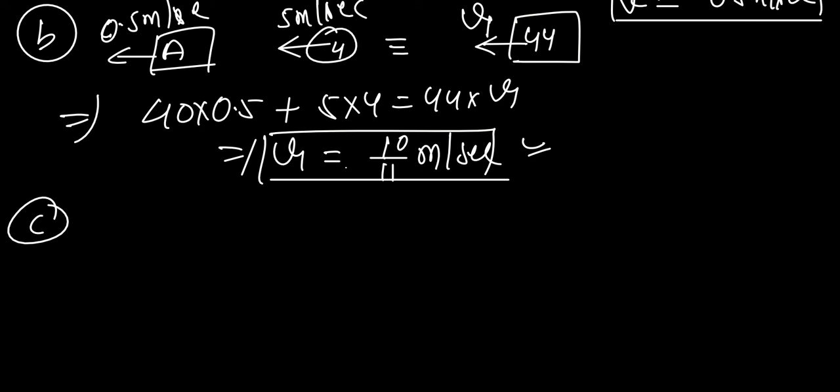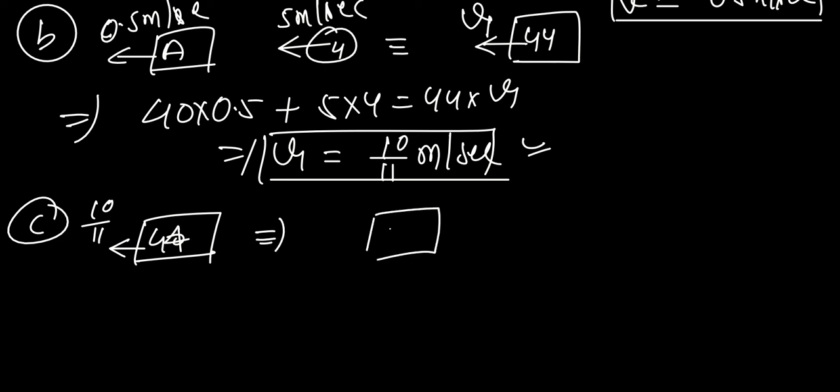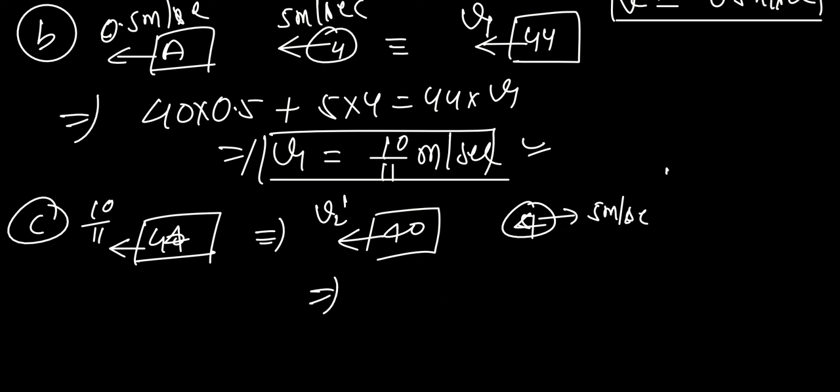Okay, so in the first catch it is V1. Now let us look at what is going to be the second catch. So this is A moving with the speed V1, that is 10 by 11. Now this is 44. Now he is going to throw the 4 kg ball with the speed of 5 meter per second to B, and let that speed of A be V2 dash. Then what will be this V2 dash? And after this again